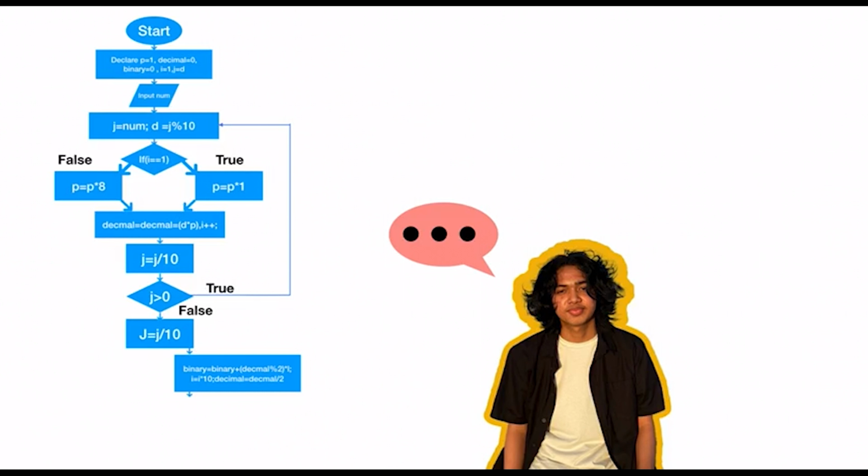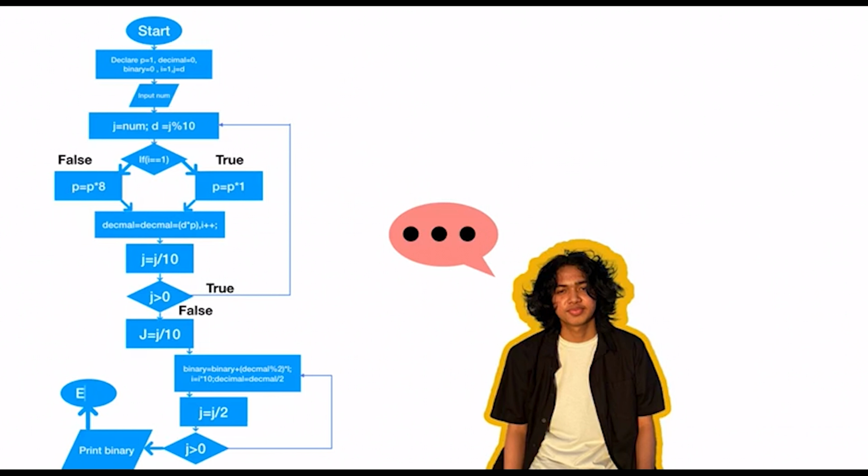The next shape is to declare that J equals num and D equals J percent 10. And if it's false, then J equals J divided by 10. And the next shape is J equals J divided by 10. And the next shape is binary equals binary plus decimal percent 2